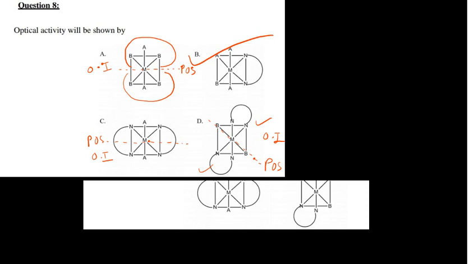In that case you cannot put the plane of symmetry by any means. Say if you try to put a plane of symmetry from the center, the horizontal line, so this is B, this is A, they are not identical. So you can check, it does not have a plane of symmetry. So the option B is the correct option in that case, right? Only option B is not having a plane of symmetry, the rest, A, C and D, are having the plane of symmetry. So your correct answer is B. Now moving to the next problem.